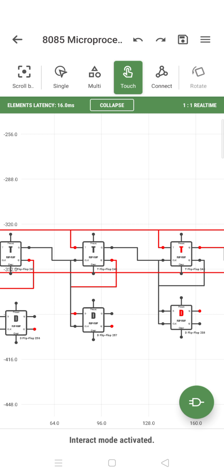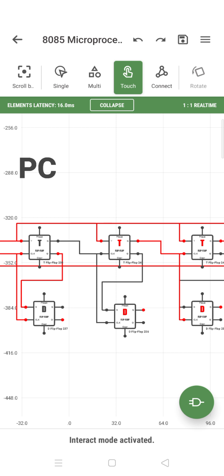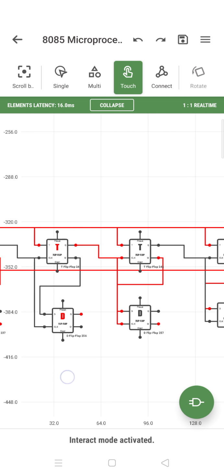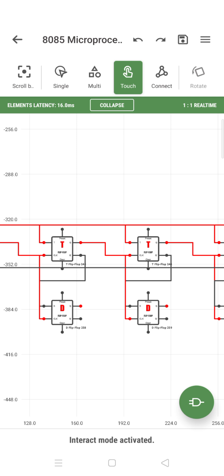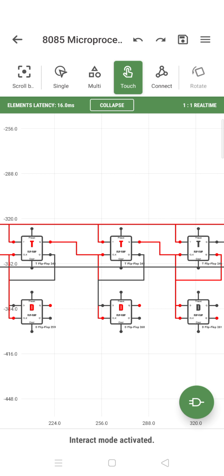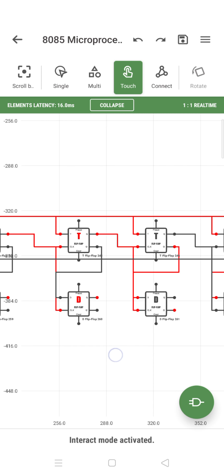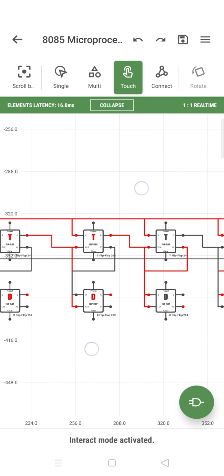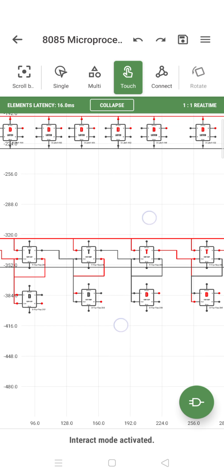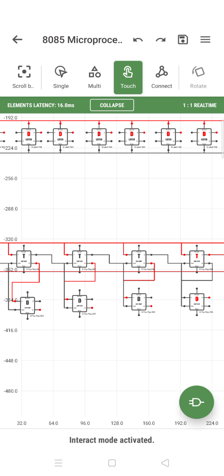The first register will change in 1 second. This will be in 2 seconds. This will be in 4 seconds. This will be in 8 seconds. This will be in 16 seconds. This is how the program counter keeps on counting how much time you have allocated for a particular work. The program counter is basically a kind of timer which does all the calculation and sends out the signal.